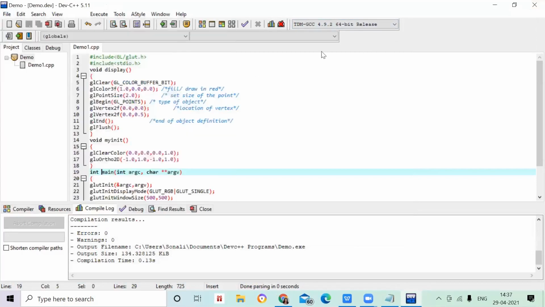I have some other programs, and I'll tell you how to execute those also. Let me close this. Remember one more thing: don't create one more source file under this same project name, as it may give you errors. That is the first error to avoid.